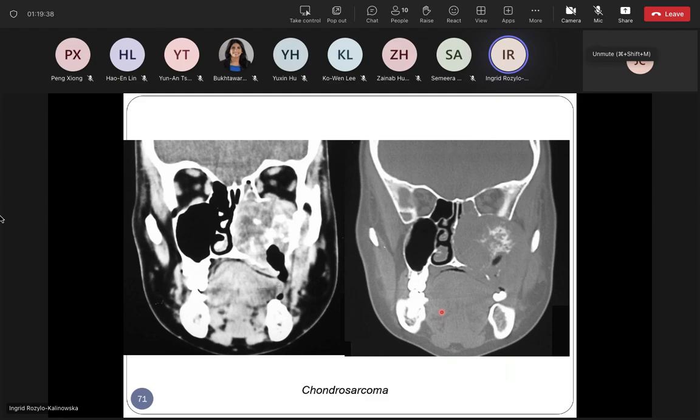And after the lecture, one brave resident asked her a question: Well, professor, please tell us how to differentiate osteosarcoma from chondrosarcoma. And she just sighed and said something like, well, you need 20 years for that, 20 years of looking at these tumors. So I think, again, what's the most important for you is to be able to pick up the presence of